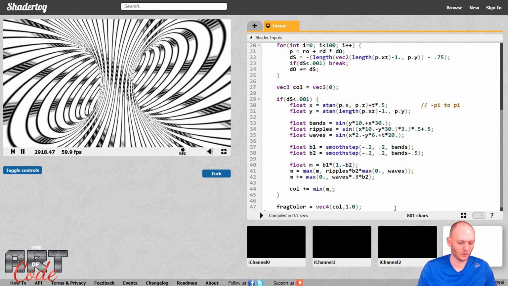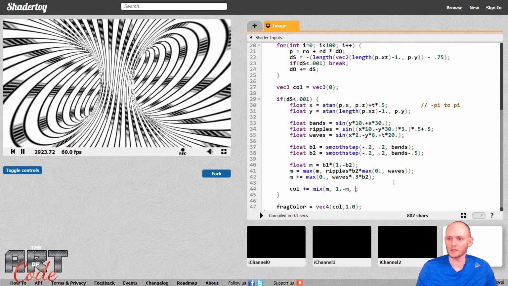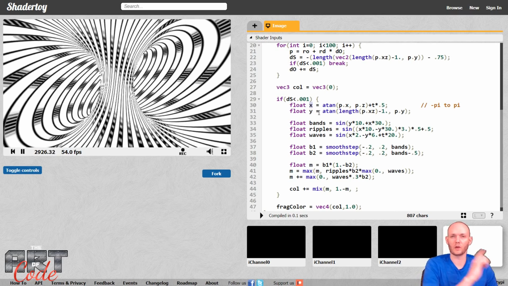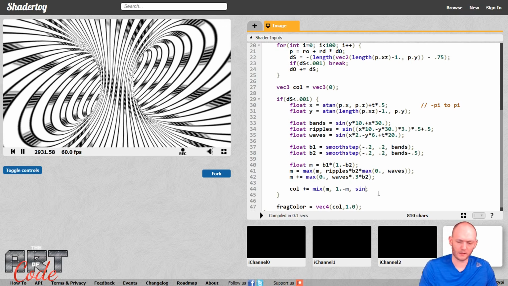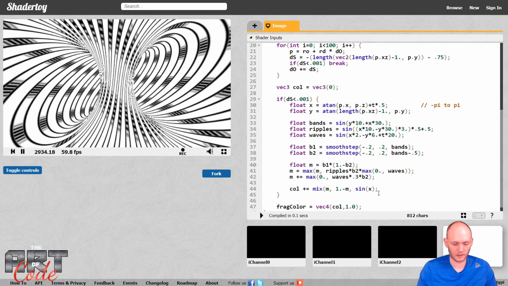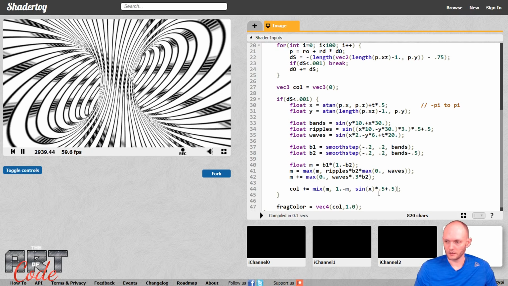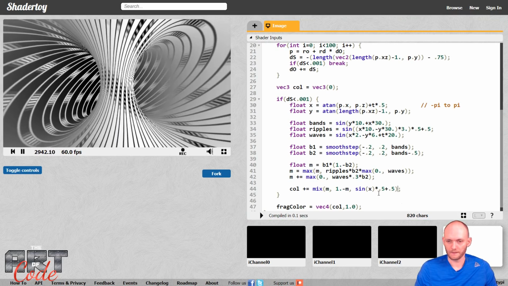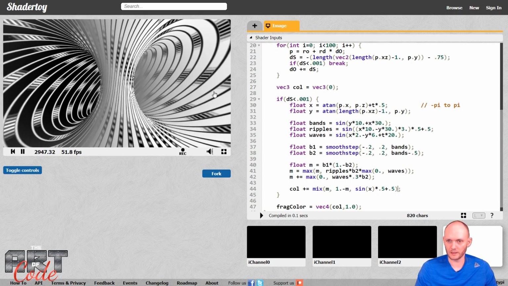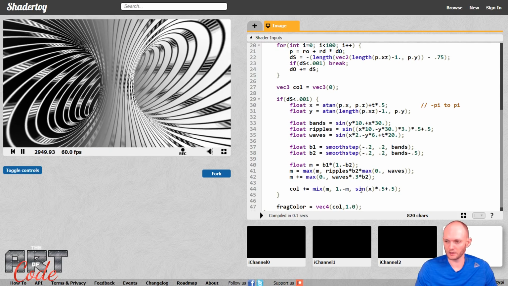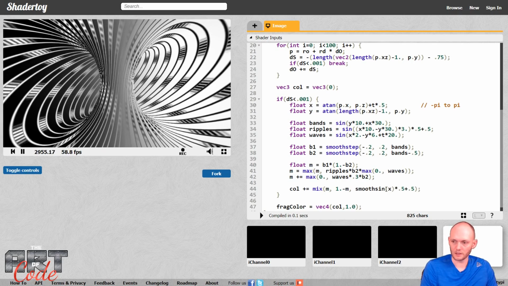I'm going to mix the normal one and the inverted one, and I'm going to mix it based on the X here, so based on where inside of the torus we are. And I could use a sine wave for that as well. So stick that into a sine wave and then get it into the 0, 1 range. And let's see what that looks like. Okay, so now we have the black version here and the white version there, and there's a large fade in between. I don't want that much of a fade in between, so let me stick it into a smoothstep,